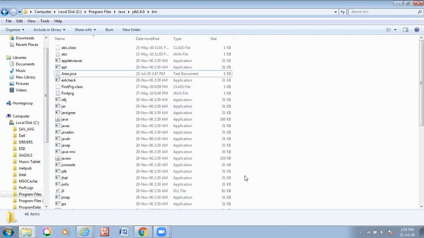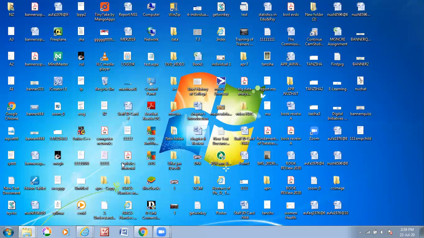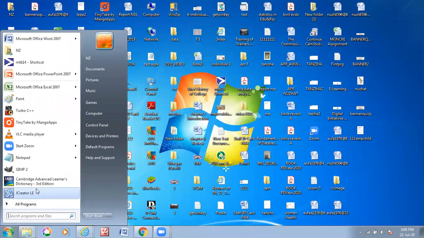Now, we need to compile this code. My path is C drive, Program Files, Java, JDK 1.6, and bin. There are various ways to set this path, what the path variable is and other things. But for now, to make things simple, we'll simply use the command line. We're not using any editor, otherwise we could have used an editor like JCreator. There are others like Eclipse and Android Studio.